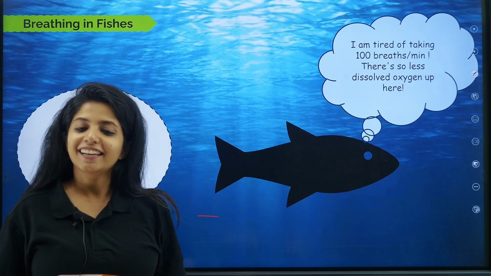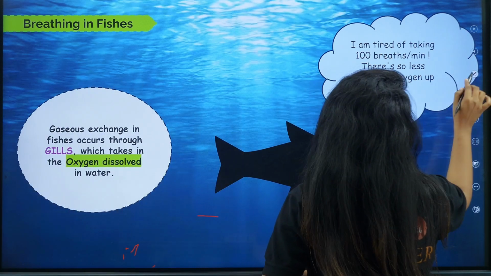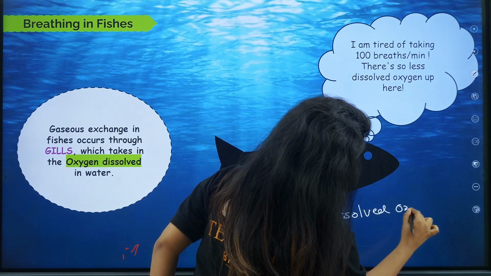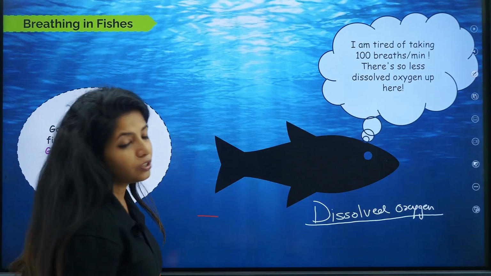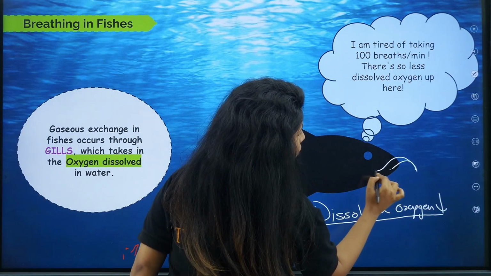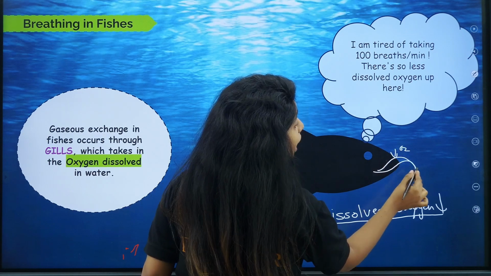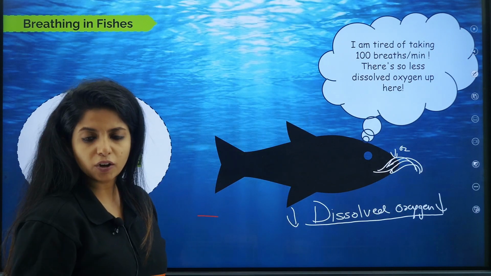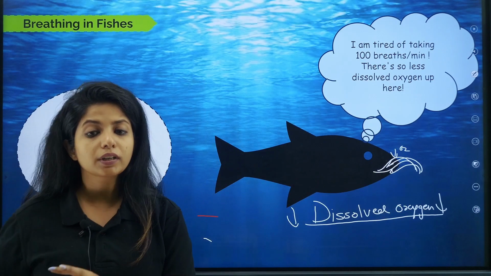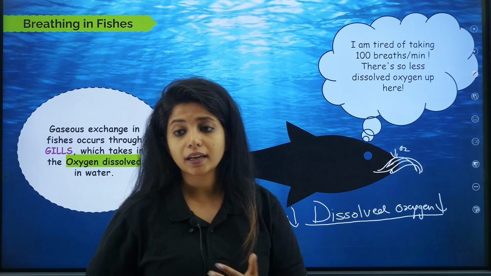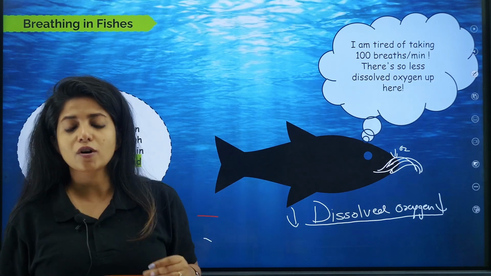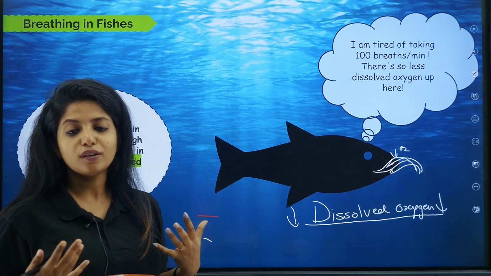Because the thing is that in the water, the amount of dissolved oxygen is really less. So which is why, for example, they gulp a little amount of water, but that water has very little oxygen, so they have to gulp it more. This is their way of breathing. They do not have lungs to breathe, right? So obviously from the mouth they take in water that passes through the gills, so it has to be really fast. Which is why we say that they take almost 100 breaths per minute, because there is so little dissolved oxygen in each breath. So they have to do it really fast.